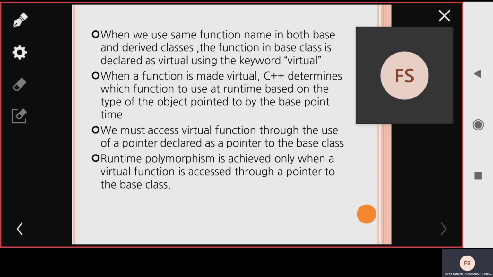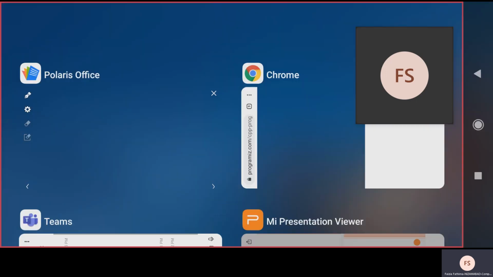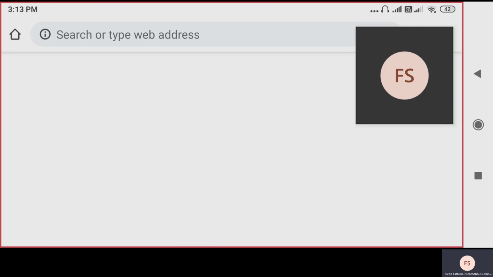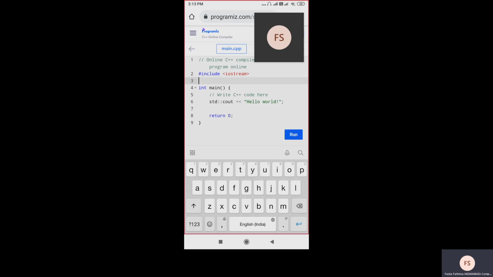So here one program is there. I'm going to execute this program, then you will get to know how you have to execute that one. Again, I'm going for the online compiler. Here I am writing using namespace std.